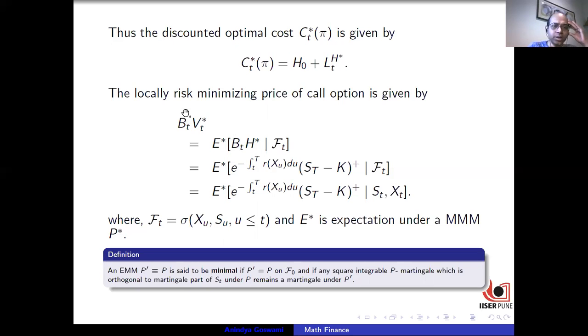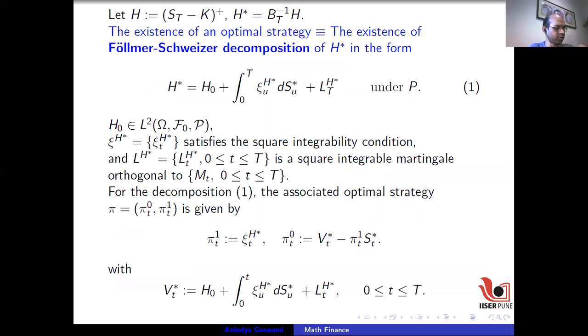And then the locally risk minimized price of a call option is given by VT, I'm writing it as multiplying and dividing by VT times V star T. Here, for the first time I'm showing this, because this is not an essential part, this is a part which is like